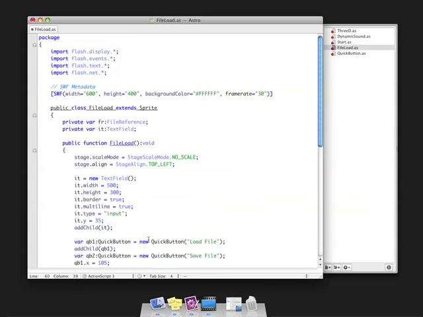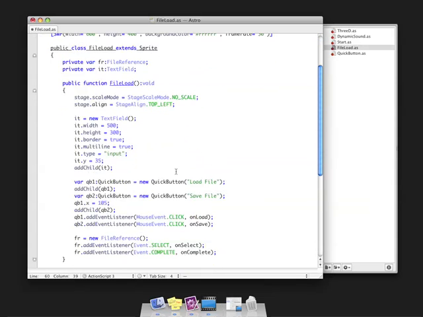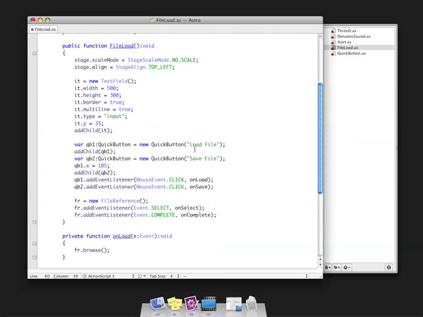Okay, so let's quickly just walk through this code again. So again, I have a file reference, I have a text field. Here we're setting up the text field. I have a couple of buttons just to be able to interact with this. So I have a load file button. When that's clicked,